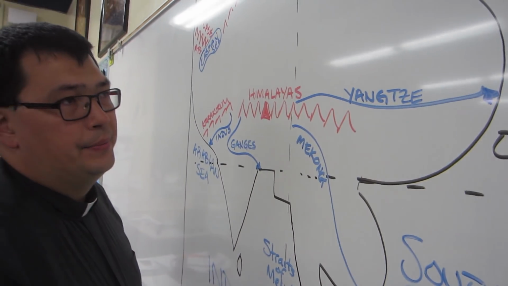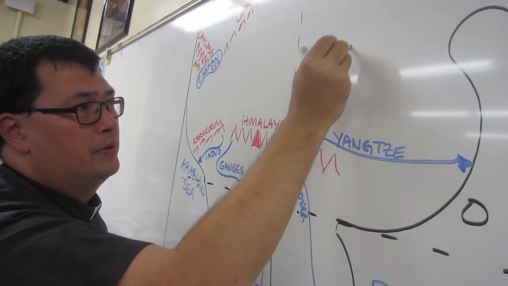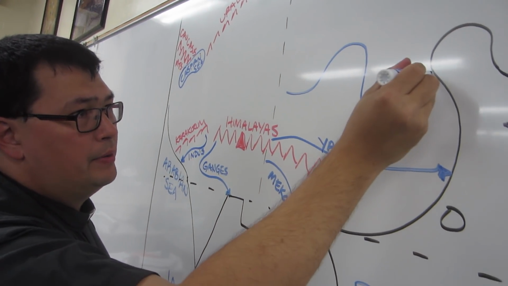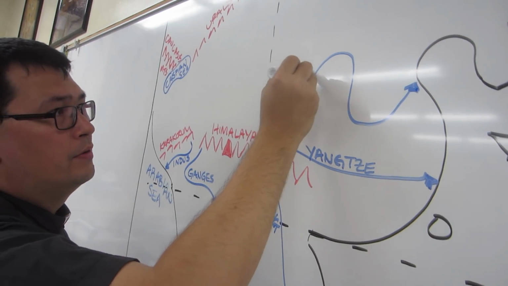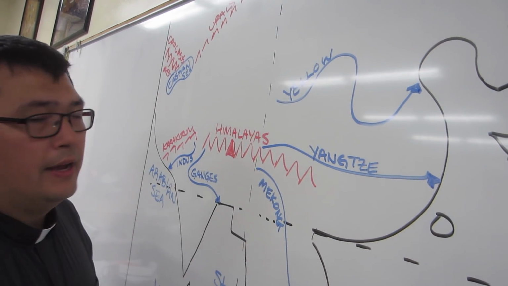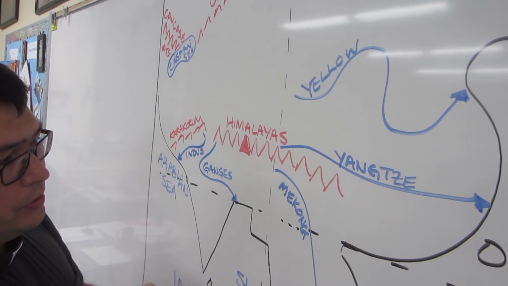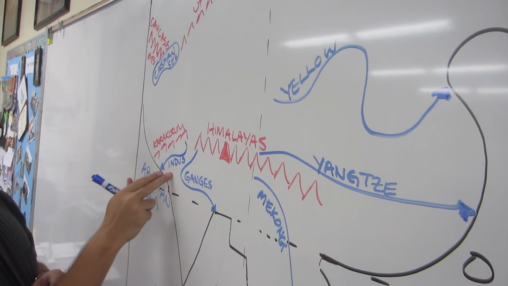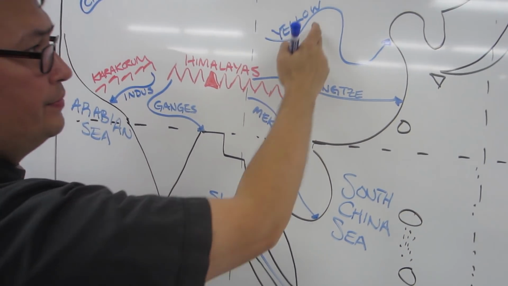Yangtze. The other is not so straight. It flows up, and then down, and then back up again. And this is the Yellow River. So those are our 5 rivers: the Indus, the Ganges, the Mekong, the Yangtze, and the